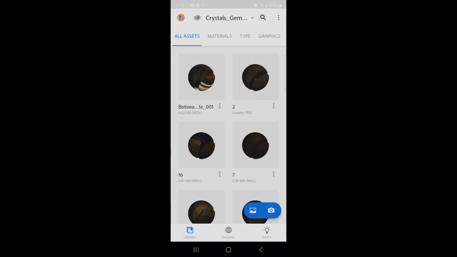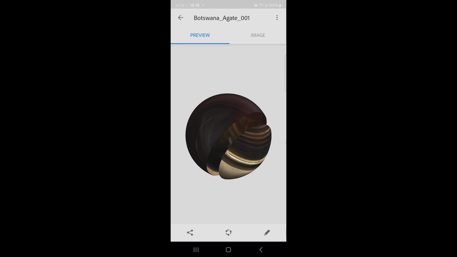There is no way to save the MDL file to your computer from the Adobe Creative Cloud app on your PC. So here, we're going to click Botswana Agate,